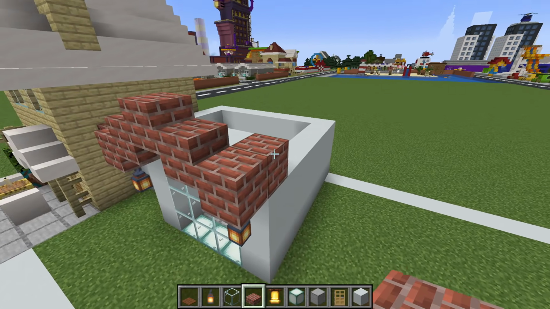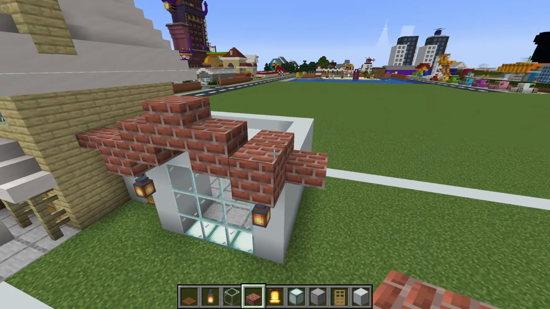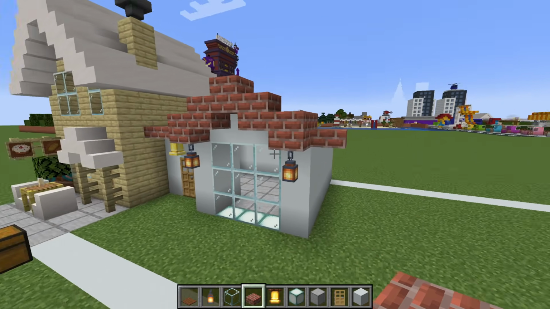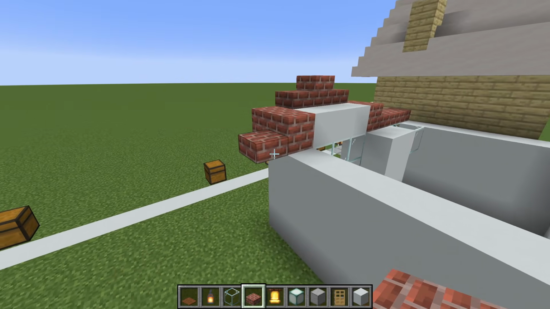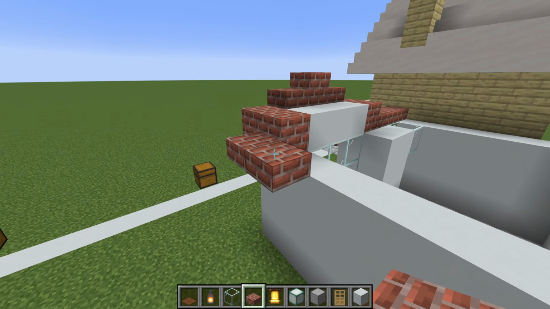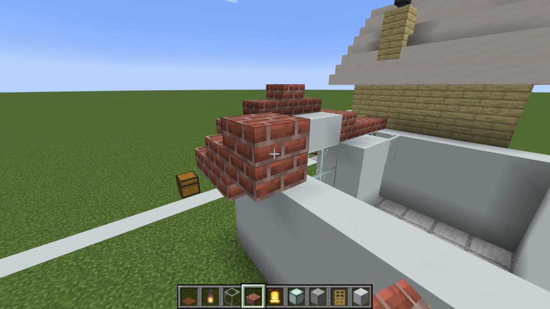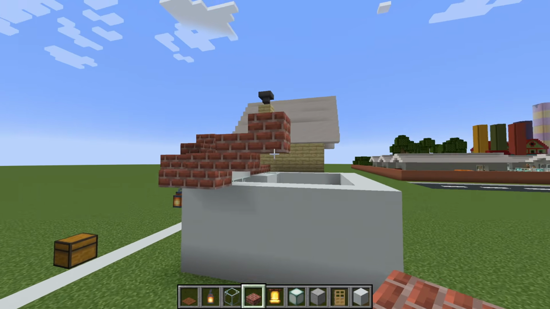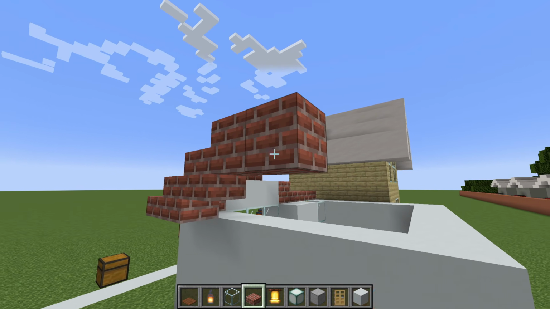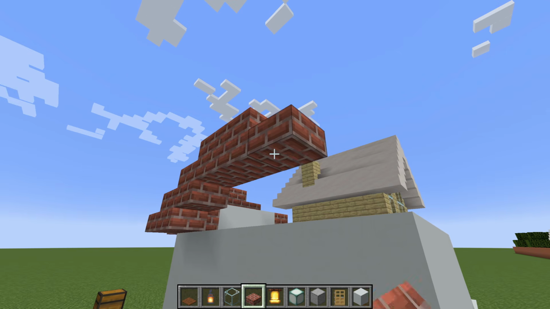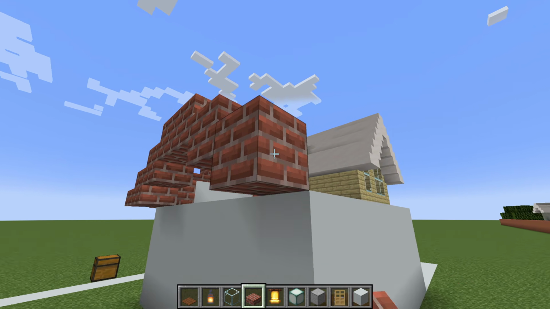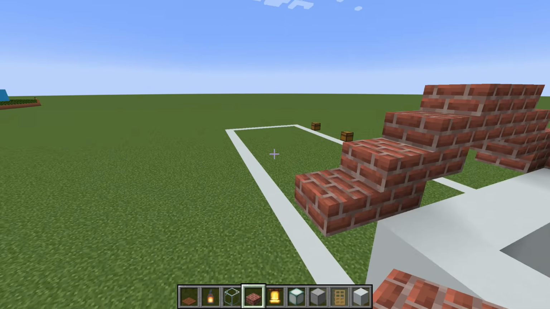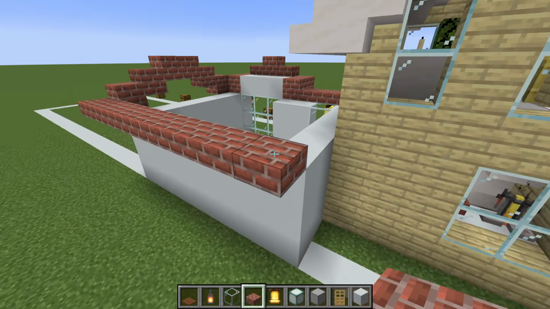And if there is nothing here, we would place a brick slab to the right of our clothes store. Say we decided to place it on the end instead of in the middle here. And then we would extend this slab back and up, back and up, back and up, just like this, that many times. Then we extend back, and then we start extending back and down again, back and down, back. So we have this shape,